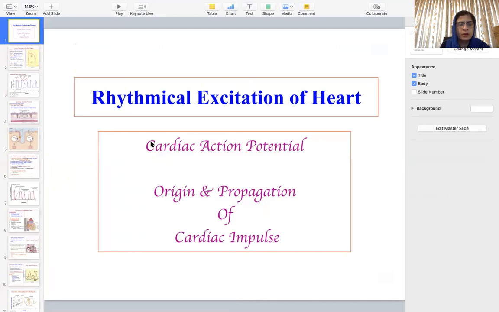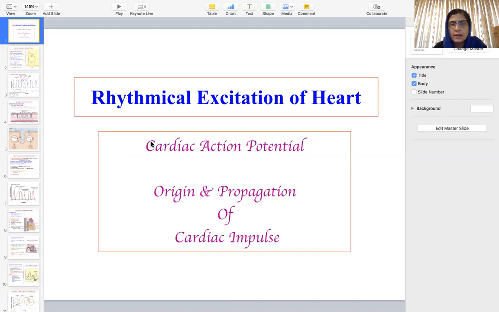So after giving the structure of the physiological anatomy of the heart and the overview of the autonomic nervous system, now I will tell you about how the action potential is generated in the heart muscle. So the action potential in the heart muscle is different from the action potential in the pacemaker, as you know. So first of all, I will tell you about how the action potential is generated in the cardiac muscle.